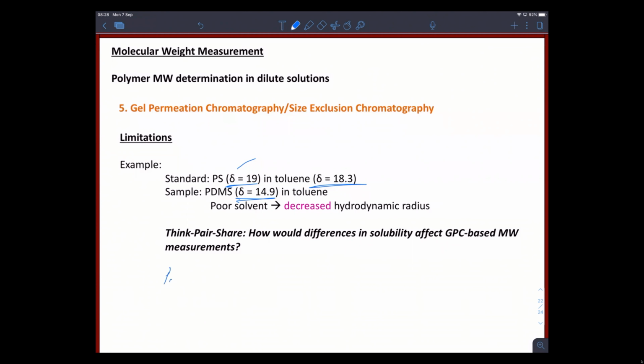So if you have a poor solvent, we have tighter coils. And that's because the polymer-polymer interactions dominate. Results in a smaller